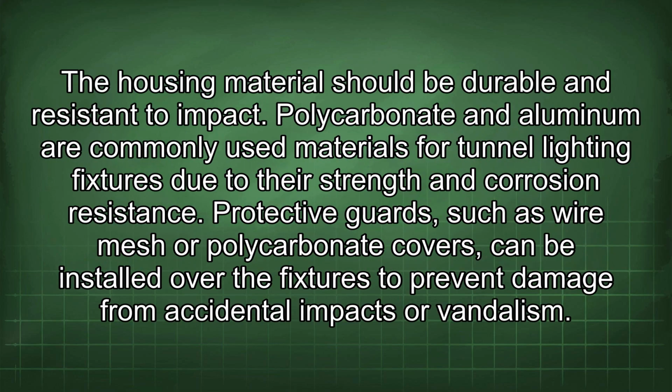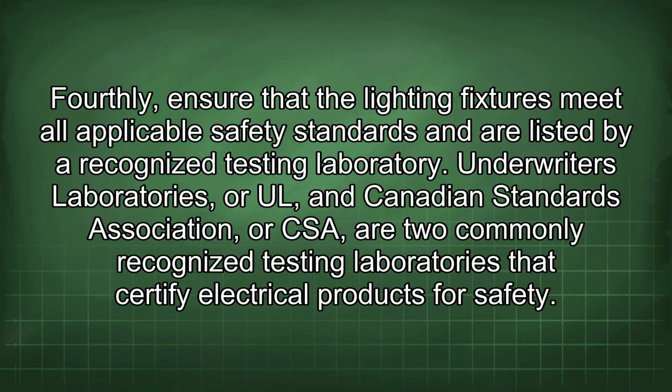The housing material should be durable and resistant to impact. Polycarbonate and aluminum are commonly used materials for tunnel lighting fixtures due to their strength and corrosion resistance. Protective guards, such as wire mesh or polycarbonate covers, can be installed over the fixtures to prevent damage from accidental impacts or vandalism. Fourthly, ensure that the lighting fixtures meet all applicable safety standards and are listed by a recognized